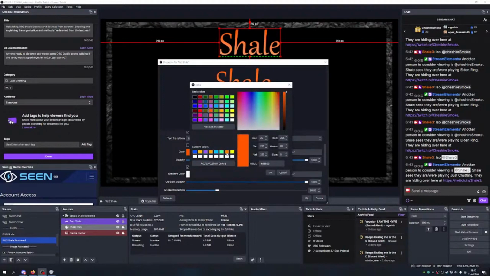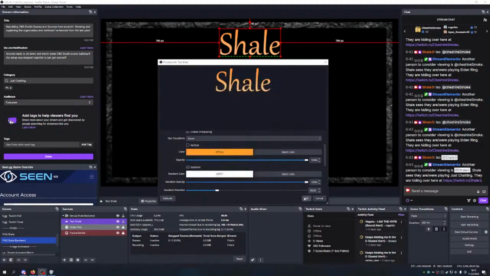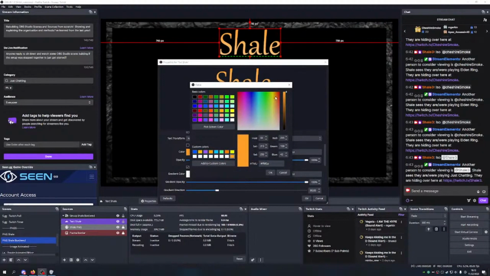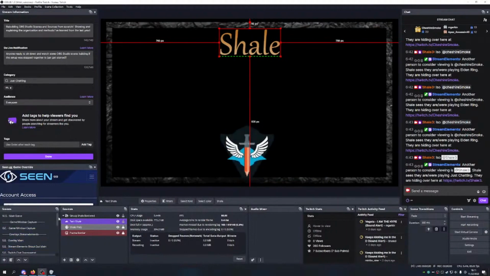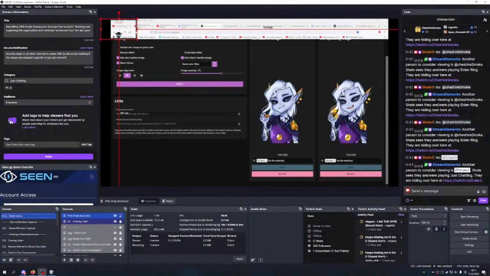Doesn't look too bad, but that is darker than I would like it to be. Let's see, what do we got here? I'm gonna add that, see what that looks like. Doesn't look really any different. So let's go ahead and select that color and just make it darker. A little better. All right, now let's see what it looks like. I mean, it's better. I can still barely see it,